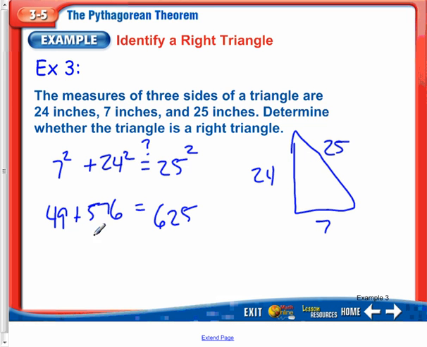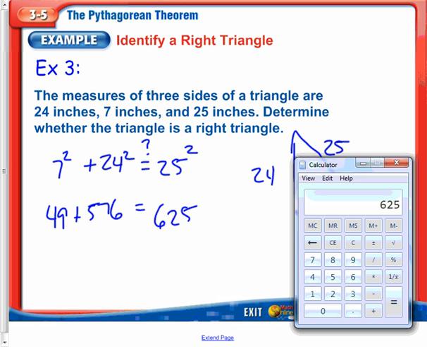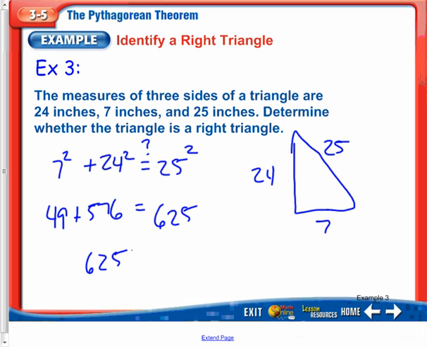And then we want to add these numbers together to see if they equal 625. So we'll take our 49 plus 576 and see if that equals 625. And it is true, so we can go ahead and write 625 equals 625, and we can just go ahead and circle this, and then we can say yes, right